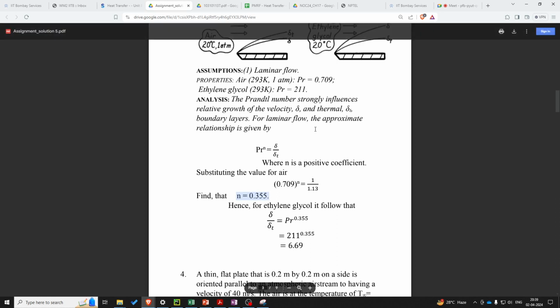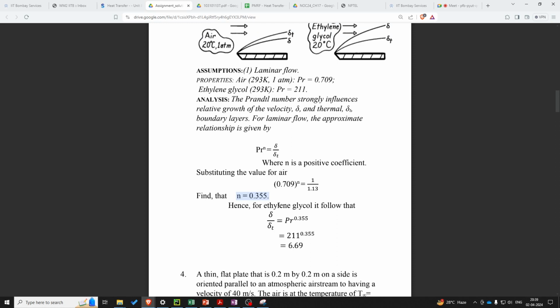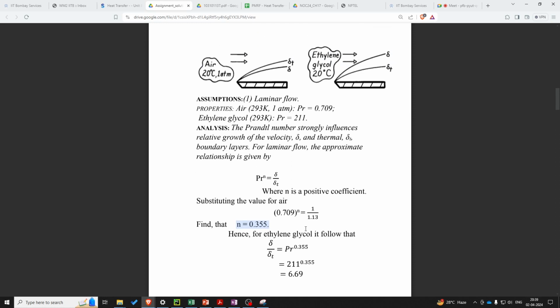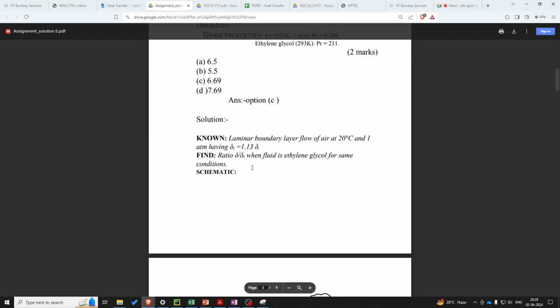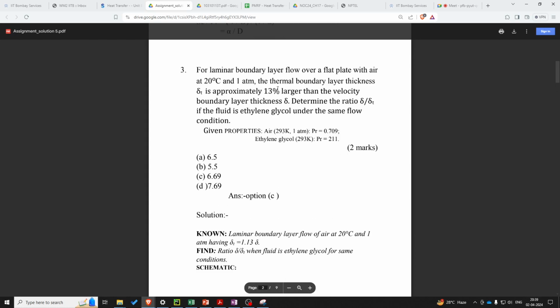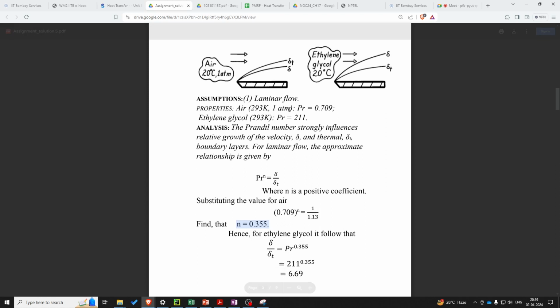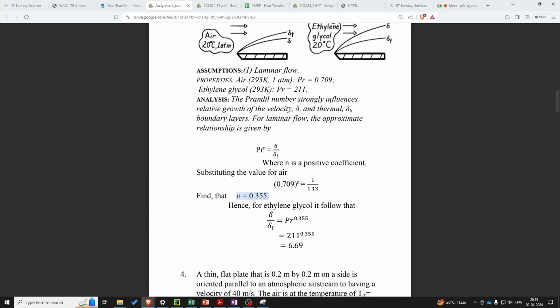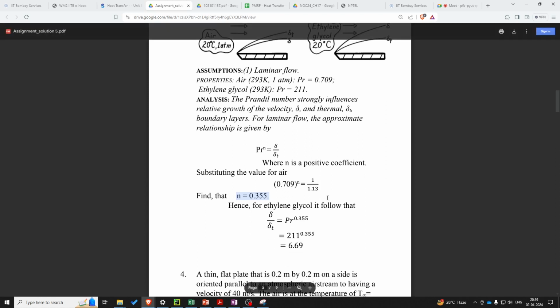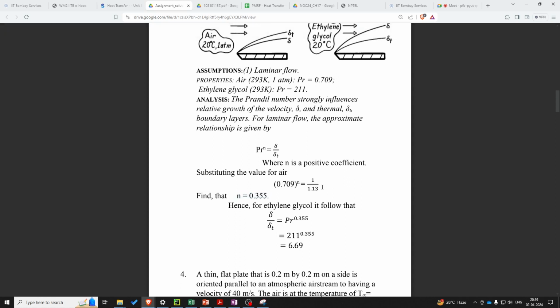For this given system, I think n should have been provided, that is 0.355. I think n was not provided. No, but see over here, they have calculated the value of n. From the given information, you can calculate the value of n